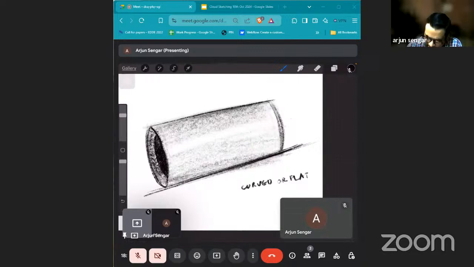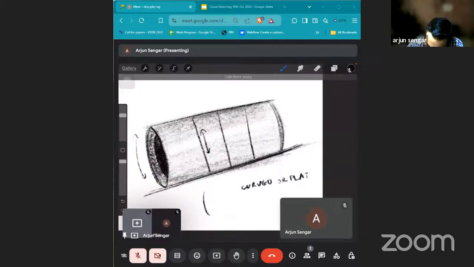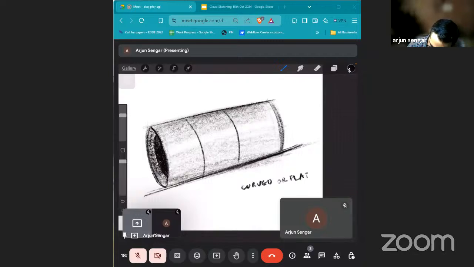Contour lines are more like a mesh. If I make something like this, your eyes will not be able to absorb it immediately, because here it's a curved pipe and here it's a pit, which is quite contradictory to each other. A curved profile. If I make it like this, immediately this object starts to look curved.